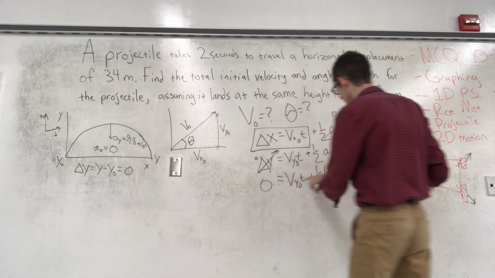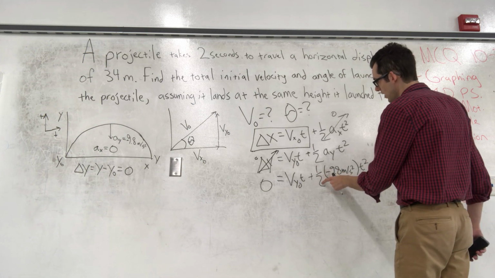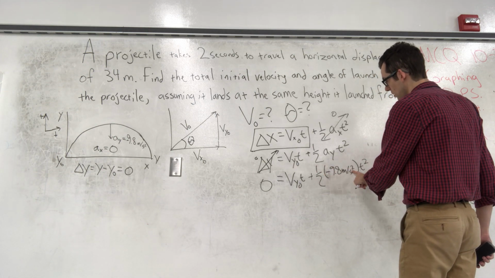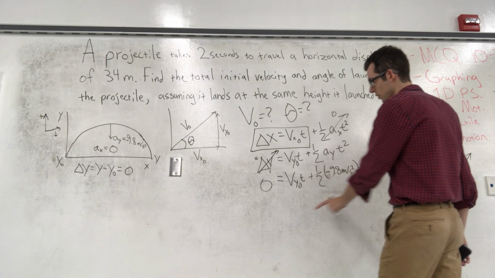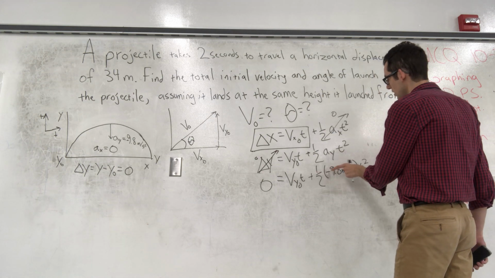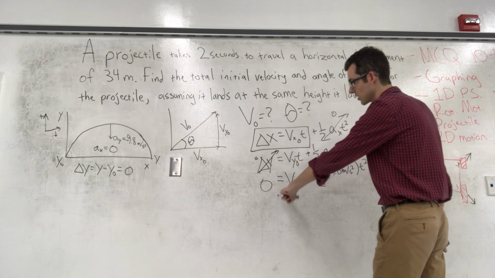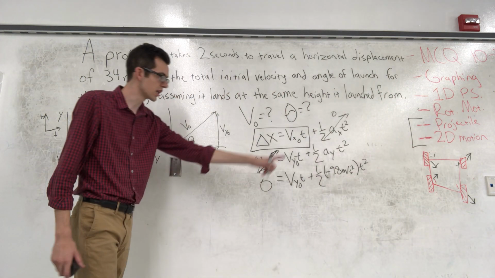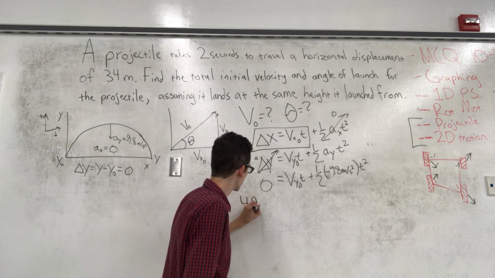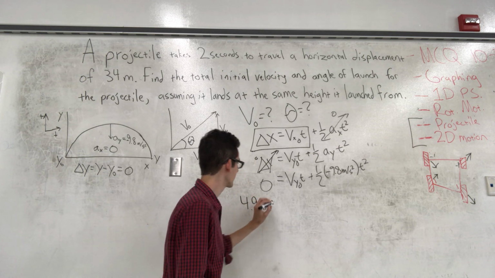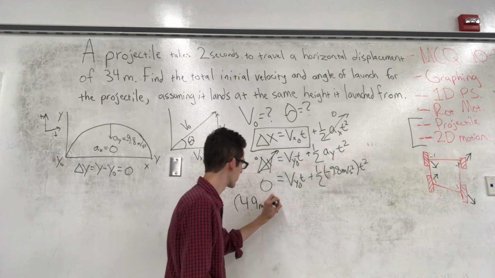vy0 t plus 1/2 times negative 9.8 meters per second squared times t squared. I'm going to go ahead and multiply 1/2 times negative 9.8, which will get us negative 4.9. I'm also going to move this whole thing over to the left side. So our negative 4.9 times t squared, I'm going to add it to both sides of our equation, and we'll end up moving it over here. Our negative will become a positive as we add it. So positive 4.9 meters per second squared times t squared